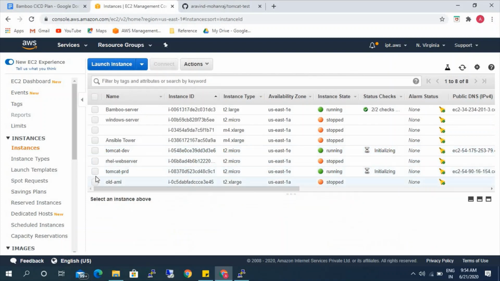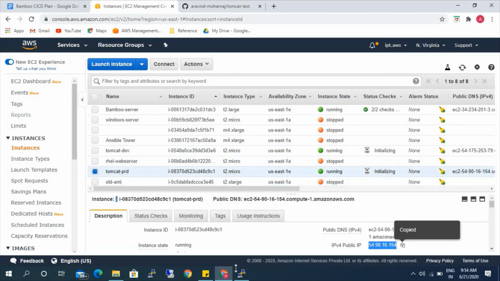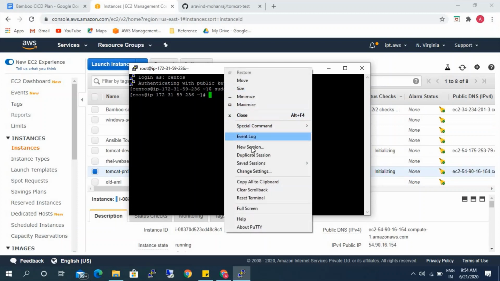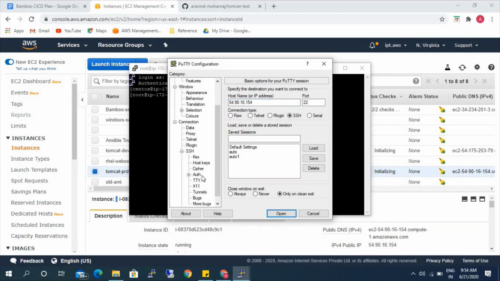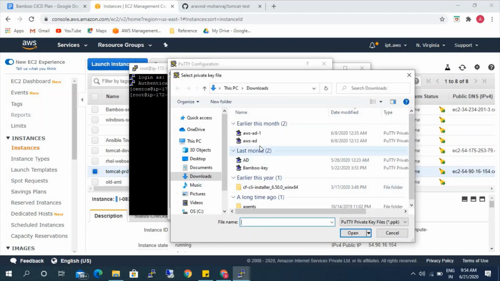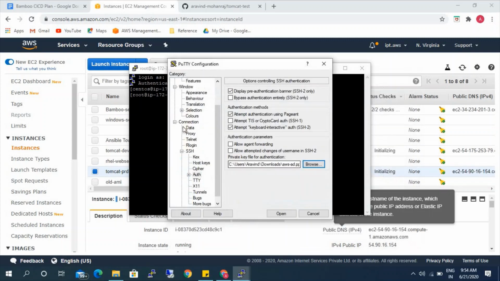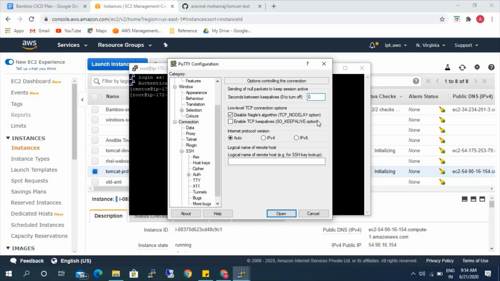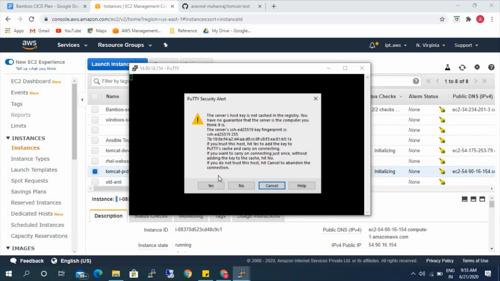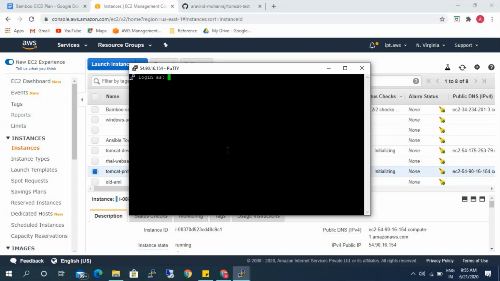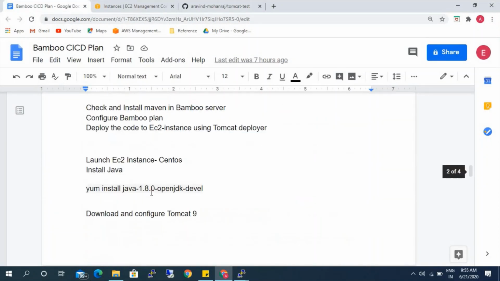Let's connect to our prod server now. Okay, we are successfully logged in. So first we need to install Java. Okay, let's go ahead and install Java.